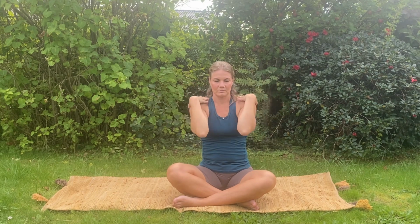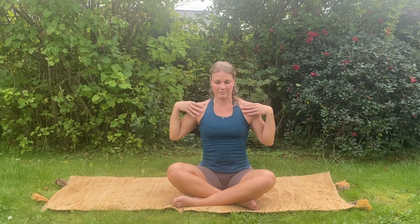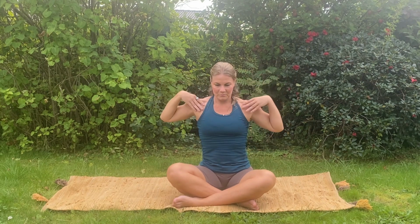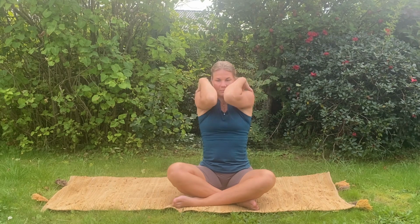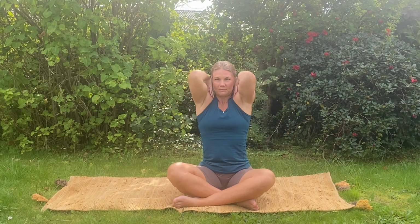We're going to take the hands just on top of the shoulders, elbows out to the side. Begin to make circles with your elbows as if you're drawing circles. And if possible, bring the elbows in towards each other to touch. It doesn't matter how fast or slow you go, just get into the full range of motion that you can with the shoulders, making those circles as big as you can. And then we take it in the opposite direction. And the last one,